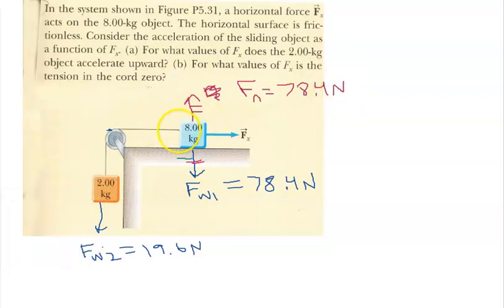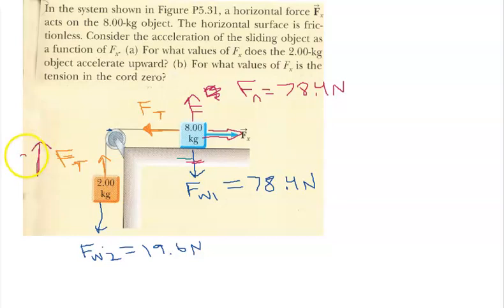Their rope is pulling in and up. The rope molecules are stretched, and they both want to pull in from both sides. Hopefully that makes sense. And then the question is, for what value of this applied force does the 2 kilogram